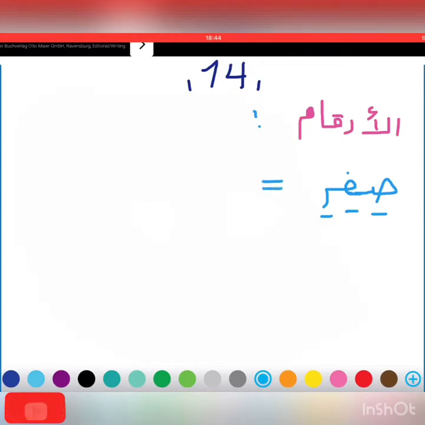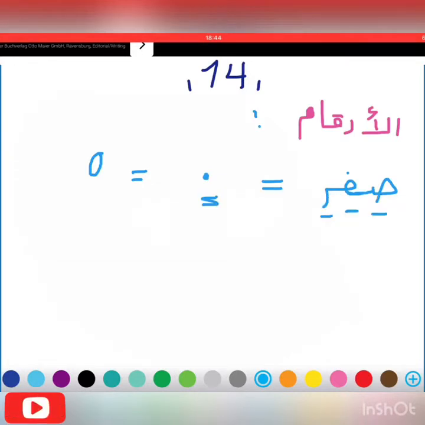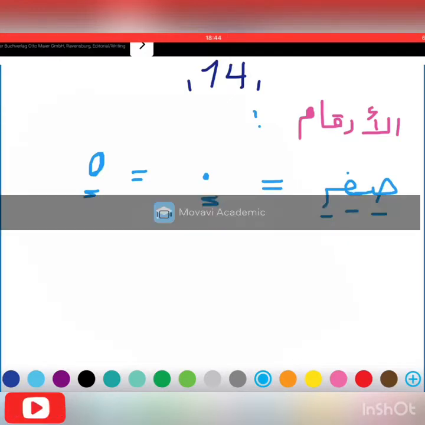It means 0. In English, we write it like this, 0. In Arabic, it's just like a point, like this, okay? This is 0 in Arabic, this is in English. So, this is 0, صفر. Okay? And then, number 1,